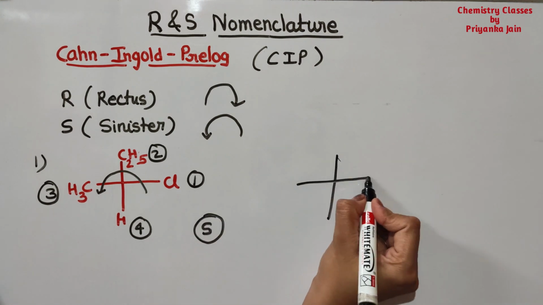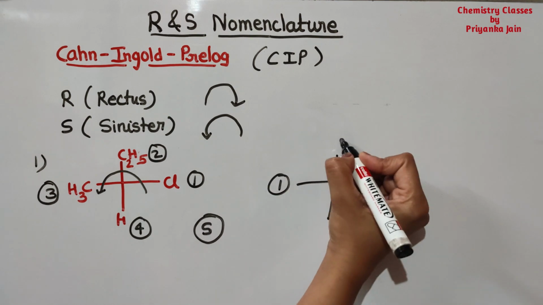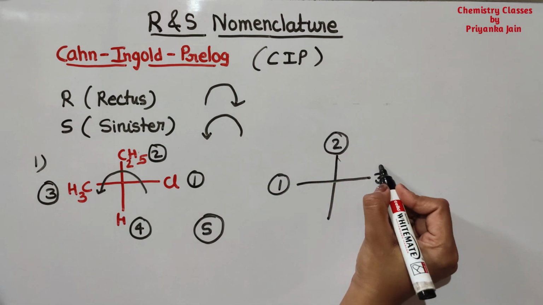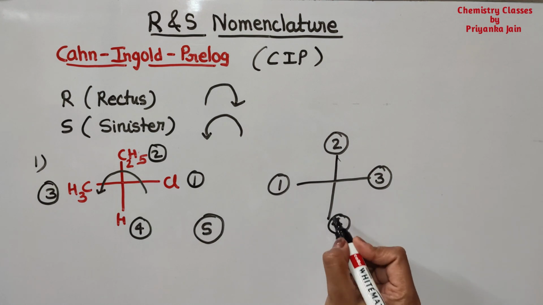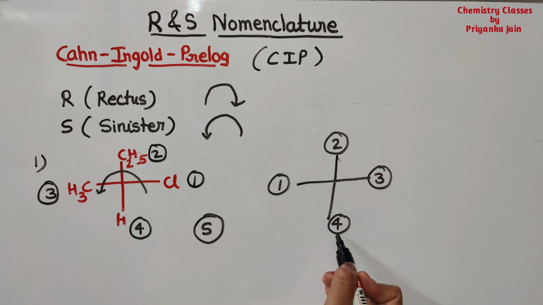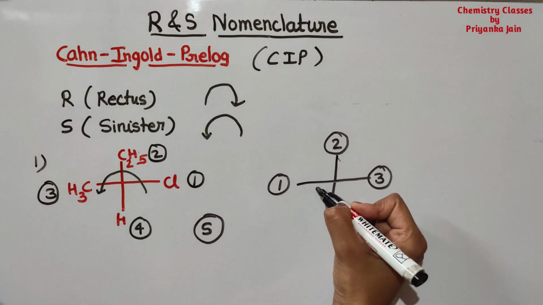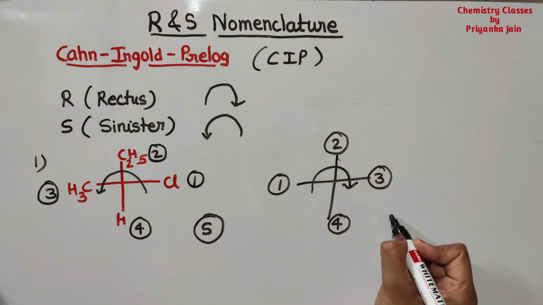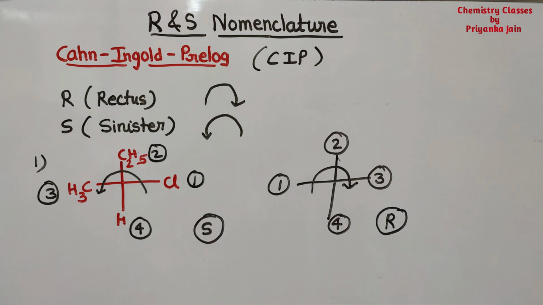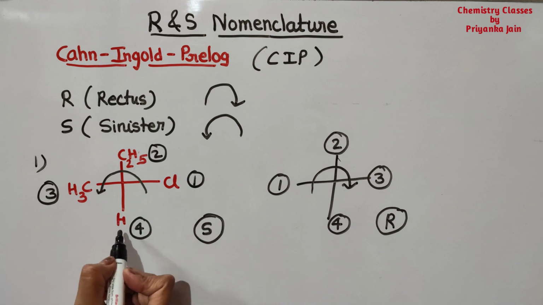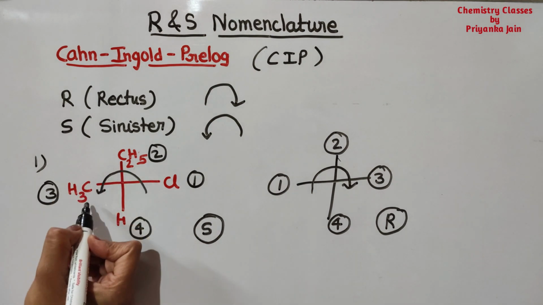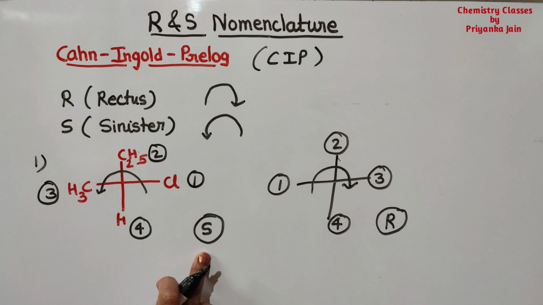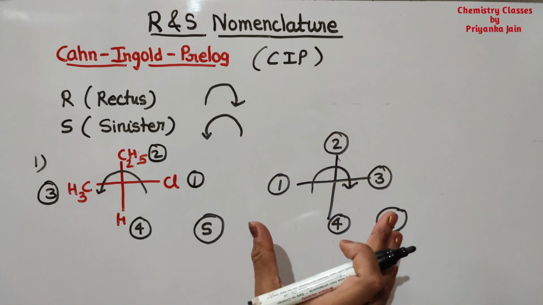It means this is anti-clockwise, and whenever it is anti-clockwise, then it is called the S isomer. Similarly, if the groups are present in this manner, it means this is the fourth priority group and we have to see from this side, and these groups are in this direction. It means clockwise direction. Then this isomer is known as the R isomer. So the first step is to give the priority to the four groups, and then we have to see from the side of the fourth priority group. If it is anti-clockwise, then it will be the S isomer, and if it is clockwise, then it will be the R isomer.